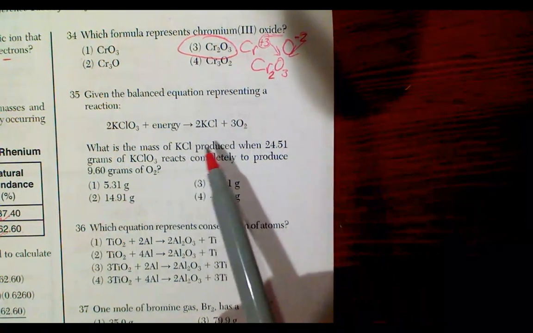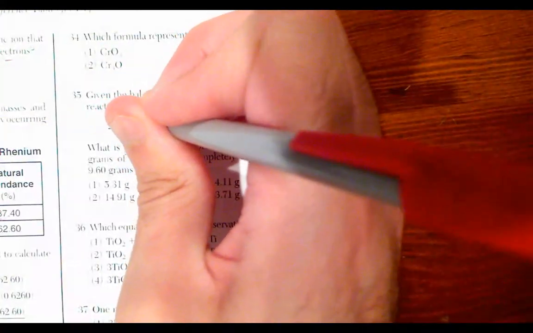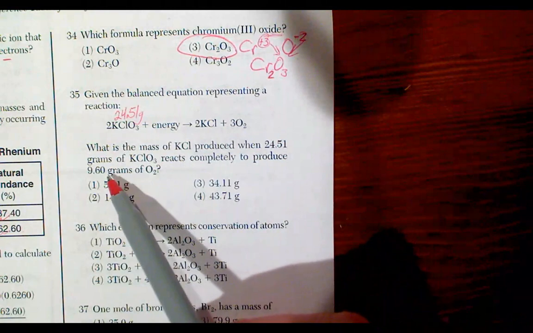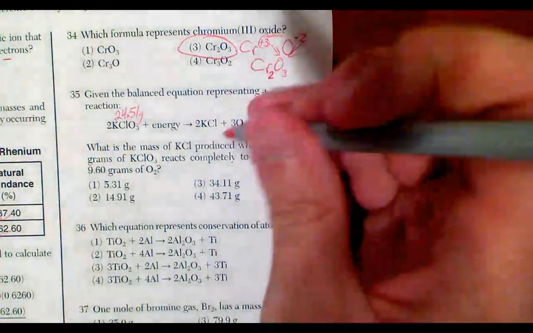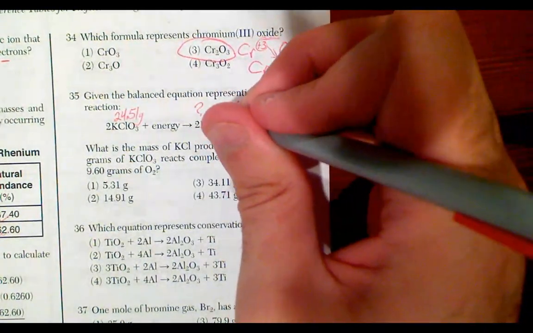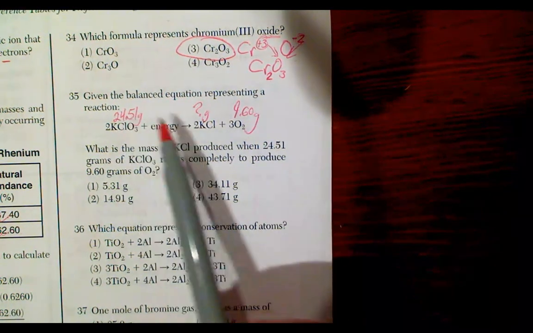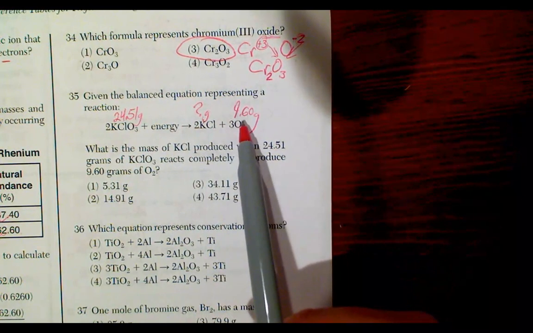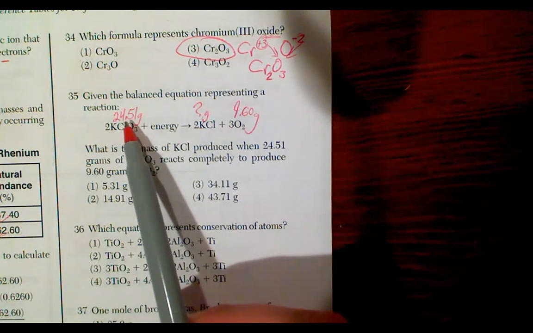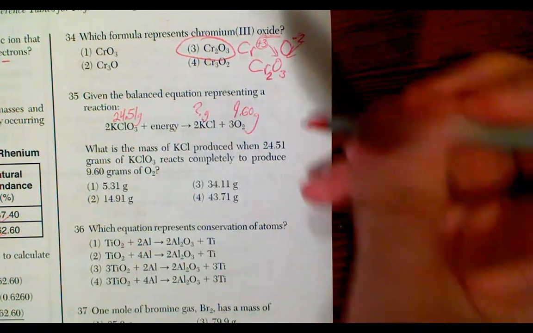So much easier. You react 24.51 grams of KClO3, 24.51 grams of this stuff to begin with. And then it's going to break apart, and it says you're making 9.60 grams of oxygen. It wants to know how many grams of KCl are also made. You know how heavy the thing is to start with. It's breaking into 2 parts. If you know one of the things it breaks up into is 9.6 grams, how much is going to be the remainder? Just do 24.51 minus 9.60,